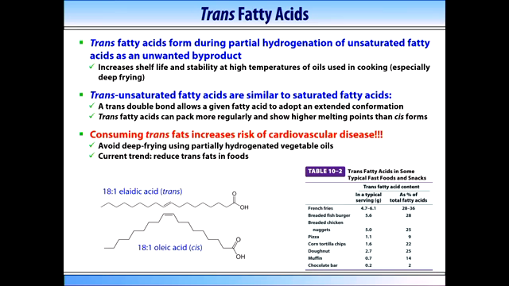Because this industrial hydrogenation of unsaturated fatty acids is completely chemical, it has nothing to do with enzymes or anything like that. It's just pure chemistry. During that process, a very small amount of trans fatty acids can form. Trans fatty acids are unsaturated fatty acids which have a trans double bond. This trans double bond sort of mimics the saturated fatty acid.